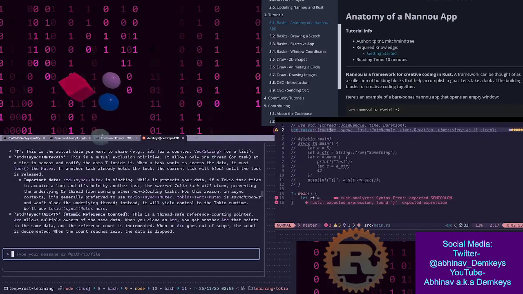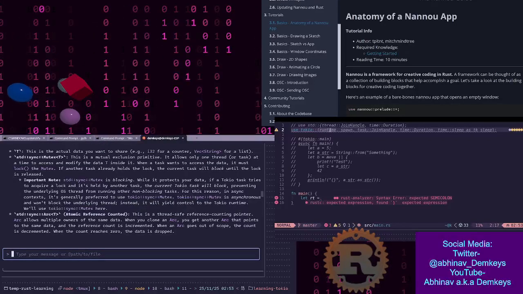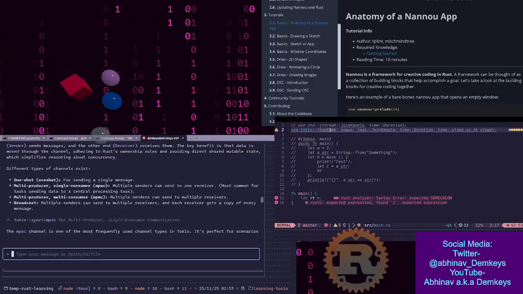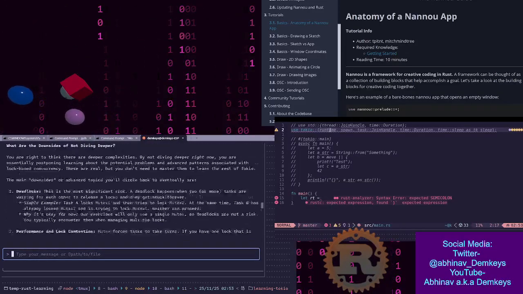Instead, it will yield control to the Tokio runtime. We'll use Tokio Sync Mutex here. Okay, right. So going back down here,